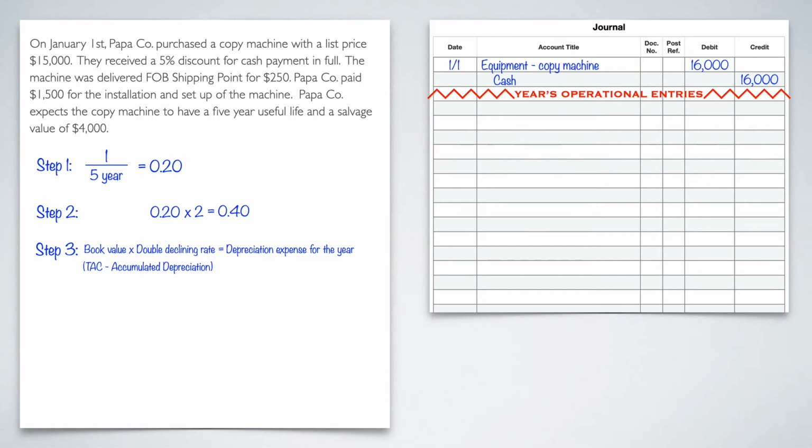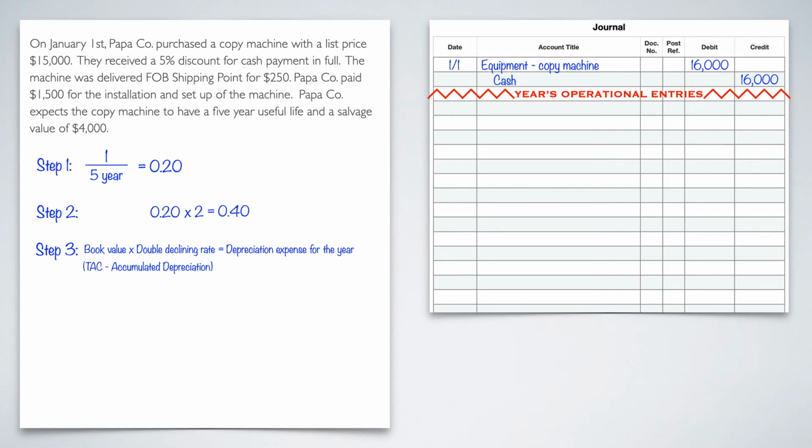Now, by the way, just as a side note, if you're ever doing these as an example or practice problems on the side and it asks you to go to like year 2, I would typically say the best idea you're going to get from understanding how to do this is to at least go to year 3, if not 4, if you can. Because you're going to see things that happen in year 1 and year 2 that you could see differently in year 3. And so if you want to get the full picture, at least go to year 3. And I'll show you what we're talking about here in a minute.